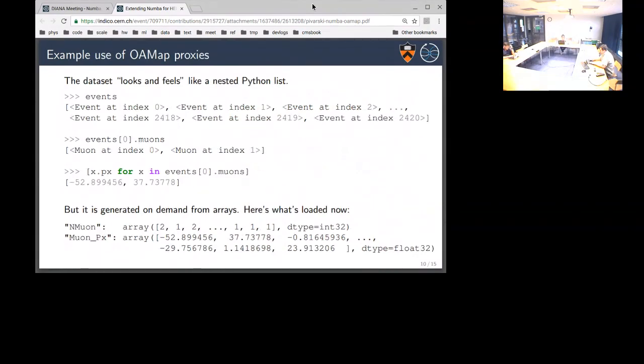And so even though these objects look like Python objects, they're actually served by arrays, and the arrays come from root, or they come from Apache Arrow, or HDF5, or whatever.